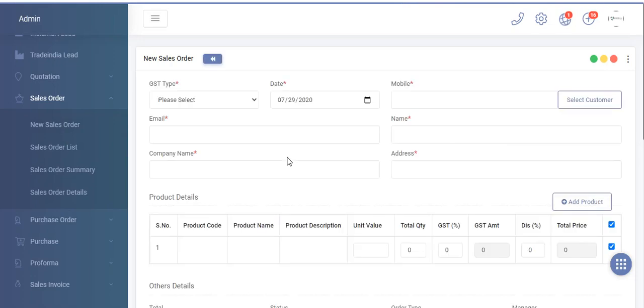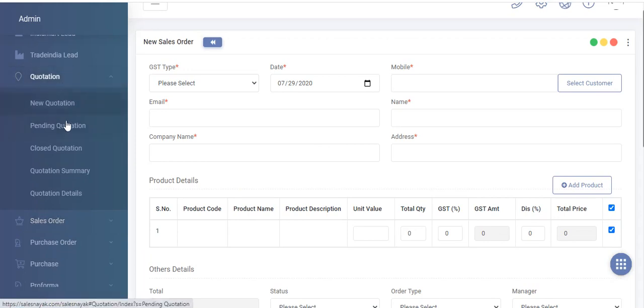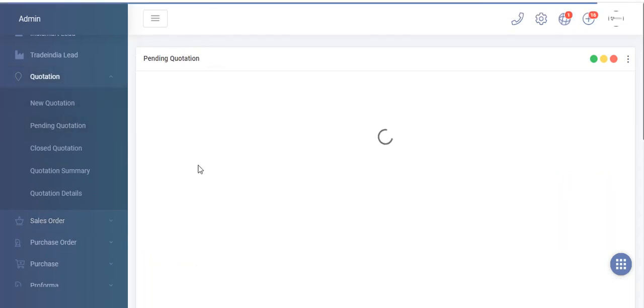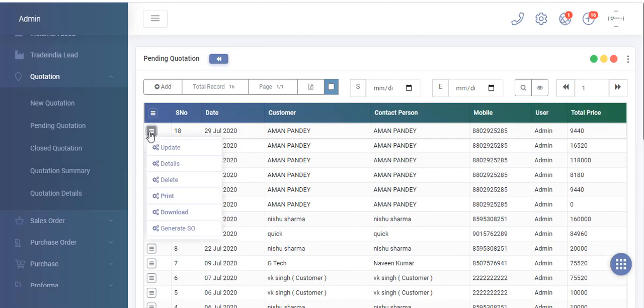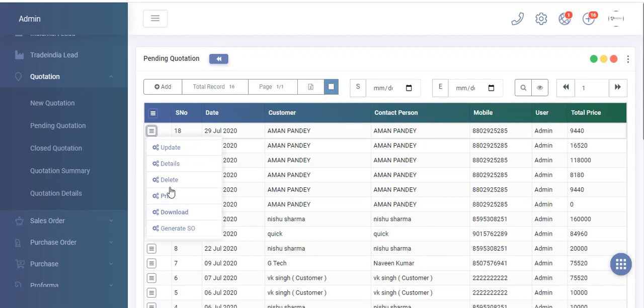So how you can generate your sales order, here I will show you that. From here you have to select your GST type, just like all the information we uploaded in our quotation. Same as that, you have to upload all the information for your sales order, right? Or when you go to the quotation section, from there also you can generate your sales order, right? For example, you have selected this Aman Pandey, your client Aman Pandey. We will select that, and from here you can go to generate SO,